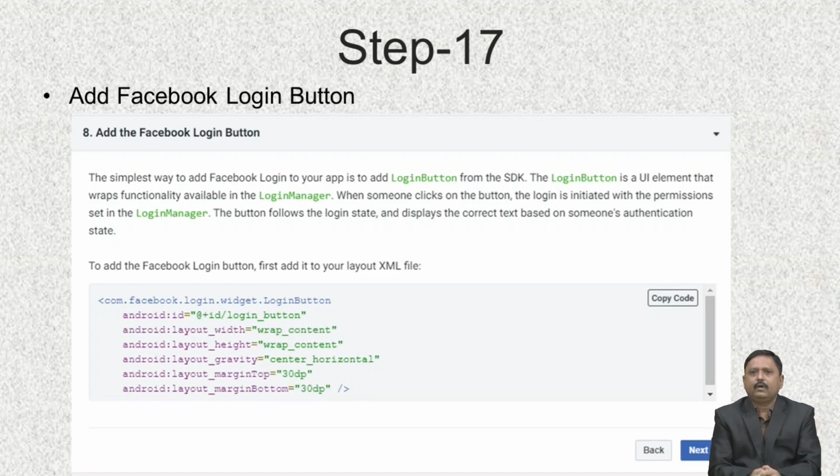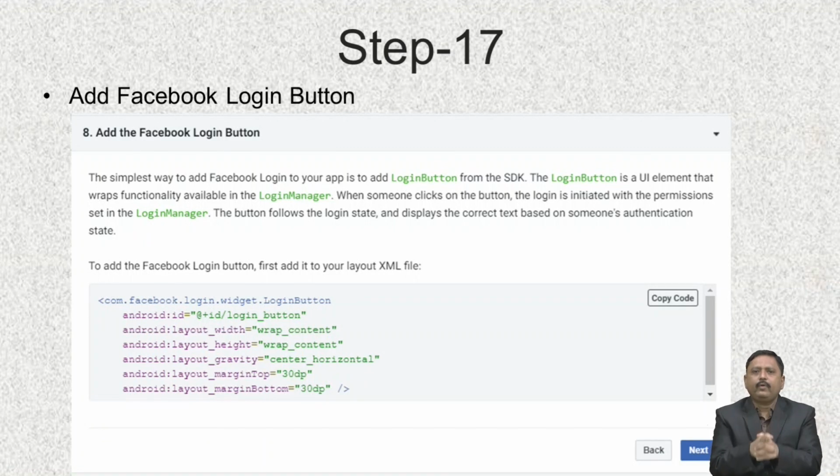Now you are about to end your setup process. Now to actually enable login by user to your Facebook account, you have to add a login button. Now the code for the same is provided here. So this code you have to copy and paste inside your layout file, which is activity underscore main or whatever name you have given to your layout file.